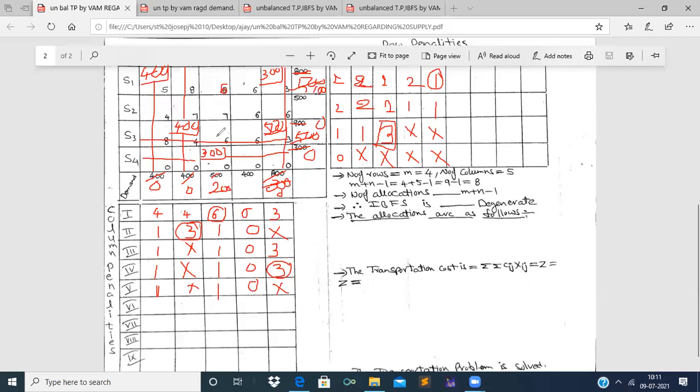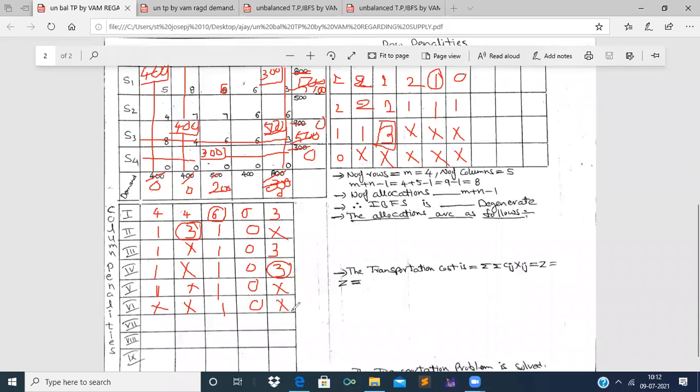And now we are left with a few costs for which we have to find out row penalties and column penalties. In the first row, 6 minus 6, we get 0. And in the second row, we get 7 minus 6 is 1. No need of finding third and fourth penalty in this fifth set. So there is no need of finding the first column and second column penalty also. We find this penalty, 7 minus 6 is 1, and 6 minus 6 is 0, and here no need of finding this column penalty.